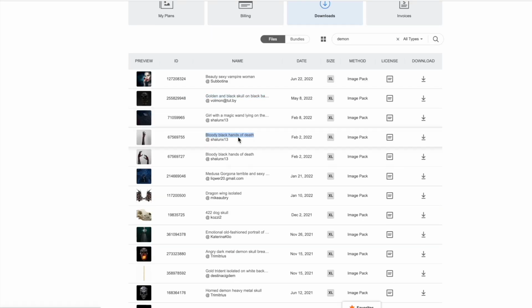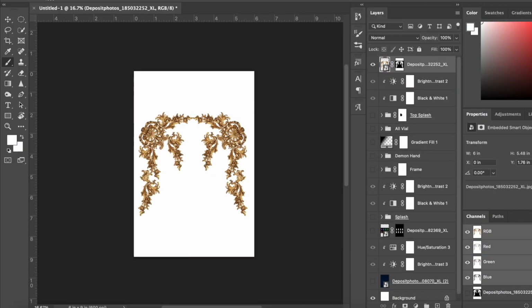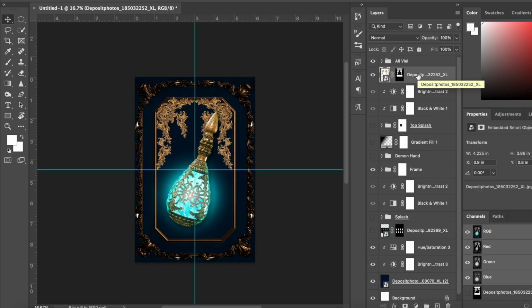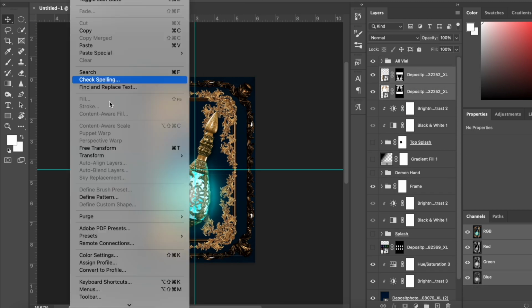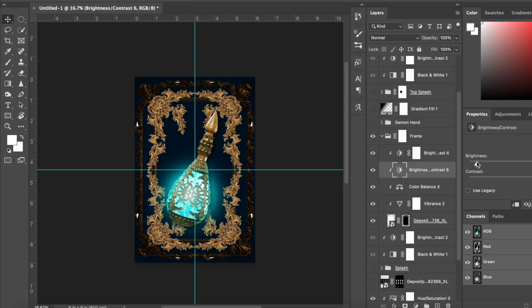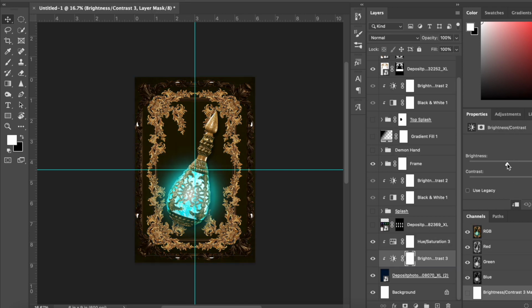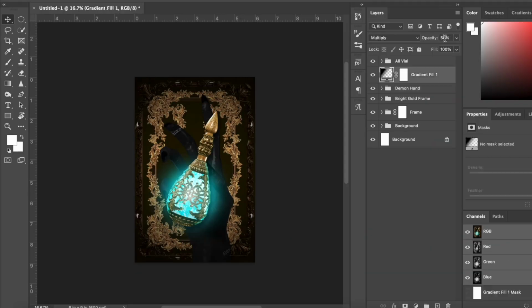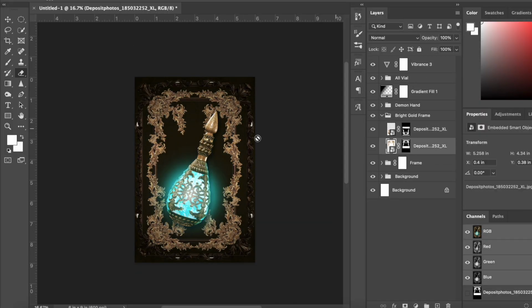I love old frames, Baroque frames on book covers. I think it just makes everything look so elegant. I like to fade them into the background, but I do use them quite often. You'll also see me during this process checking back and forth between this design and my website. It's just to make sure that the cover is up to the style and quality that I'd like